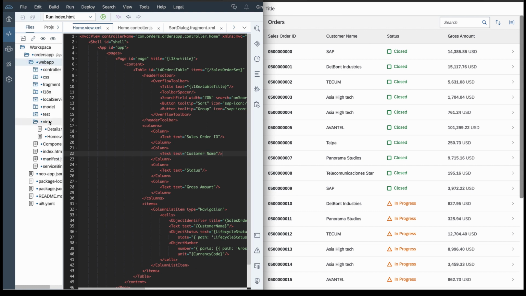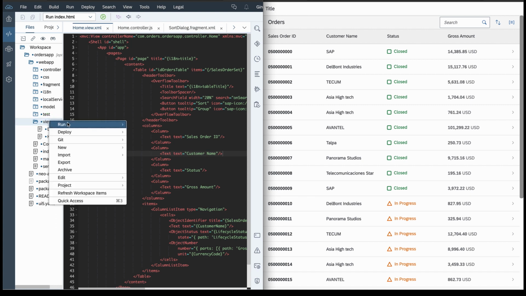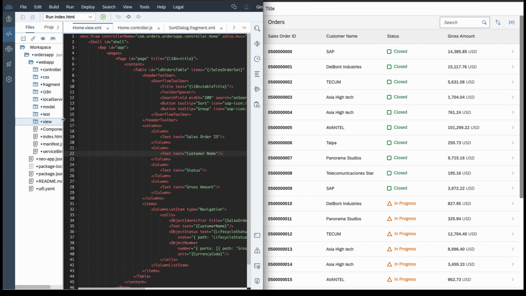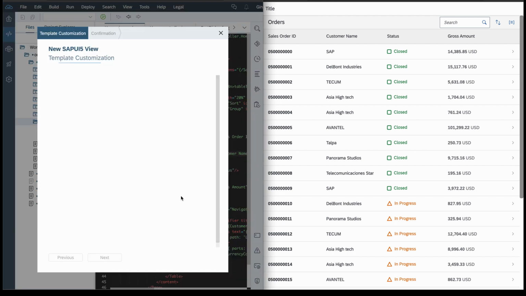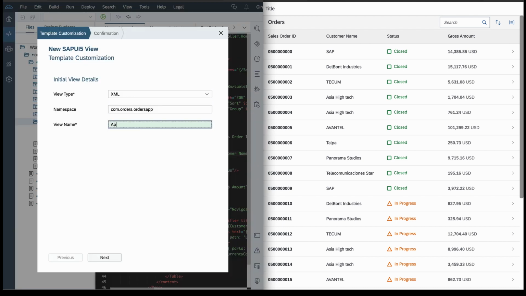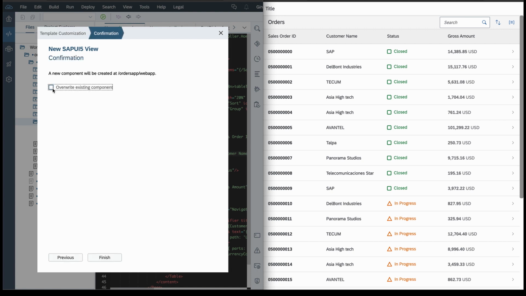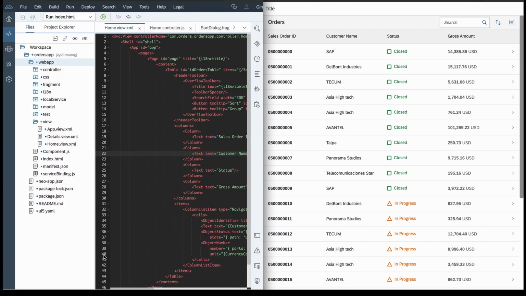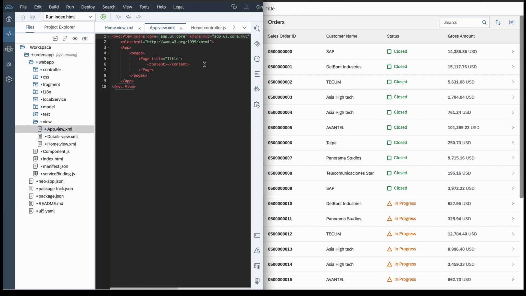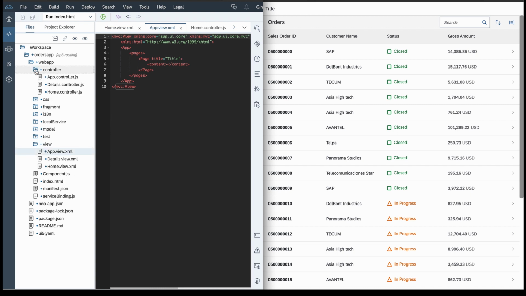To do that, we can right click our view folder and then create a new file, a SAPUI5 view, and then enter app and click next, and make sure you override the existing component. Finish. You can see that our Web IDE created a file called app.view.xml, and it also created another controller file,